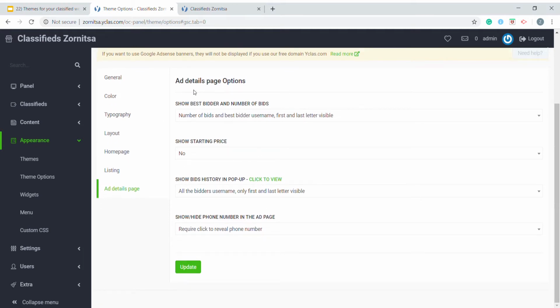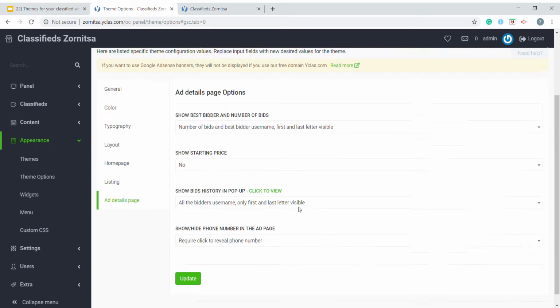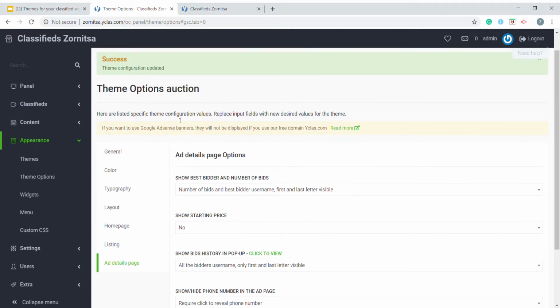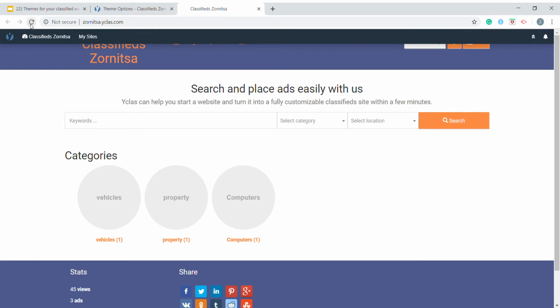Here, of course, don't forget that we're changing the options for the particular theme that's activated. Here you can show best bidder and number of bids, and also show bids history in a pop-up. So if I change the theme, there will be other options here about the ads, because as I already mentioned, the auction is a theme with some extra functionality compared to the other ones. Okay, so here, let's see how it looks when I change the color. So that's how the theme looks